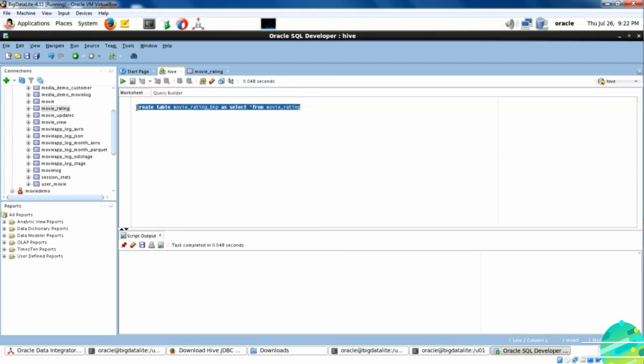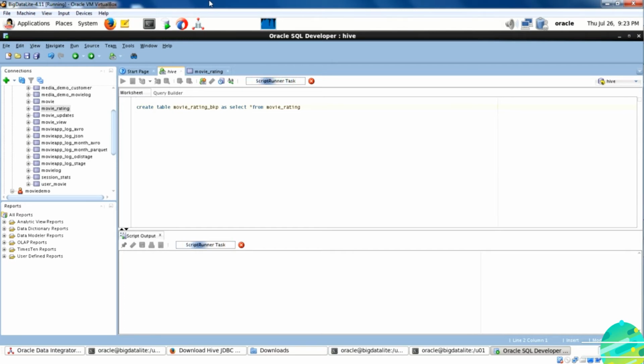Here you go. Now you're going to write the HiveQL to create a backup table, movie rating underscore BKP, with the data from movie rating. This is like any SQL language. For any practical purpose, you can assume that HiveQL is the same as SQL.